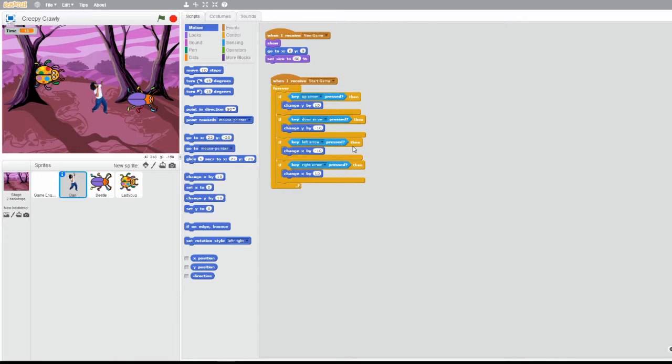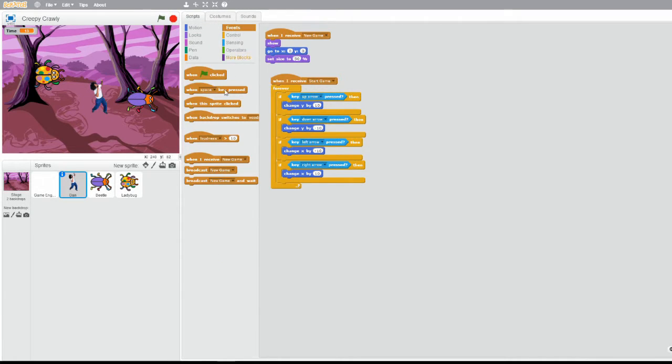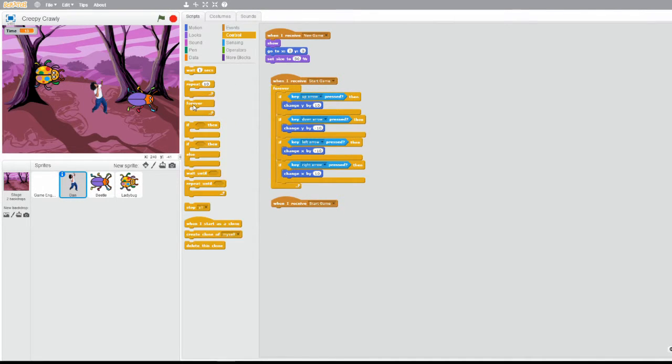And we also want to make sure that if he's touching any of the other bugs, the game is over. Essentially, if the bugs get to him, Dan's time is up, unfortunately. So let's set another block that tells us what happens when the game starts, because we want these two things to happen at the same time. Well, you need to always be able to move, but you always need to be able to be caught as well. So let's add a forever block, an if block,